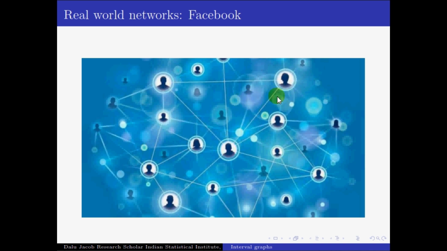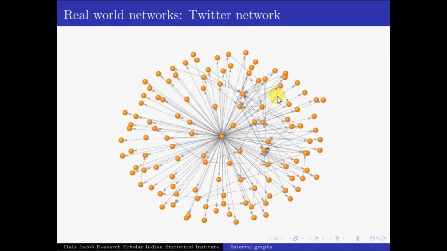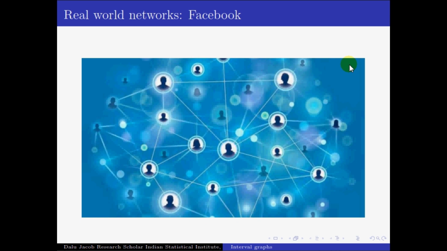As we have seen before, here also the set of nodes is defined by the members of the Twitter network. But in order to define the edges, instead of friendship, we have a concept called following. How is it different from friendship? In the Facebook network, if I am a friend of yours, then you are a friend of mine too. So the friendship that defines an edge is a mutual one. There is no significance of direction of the connection between each other.